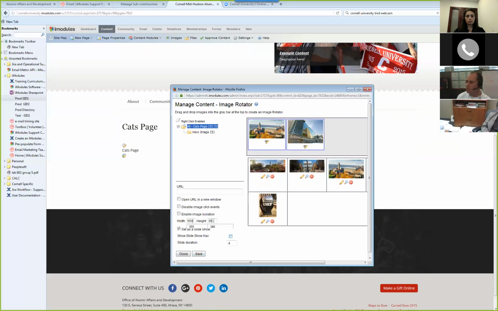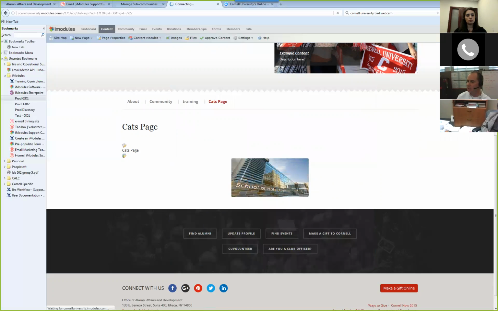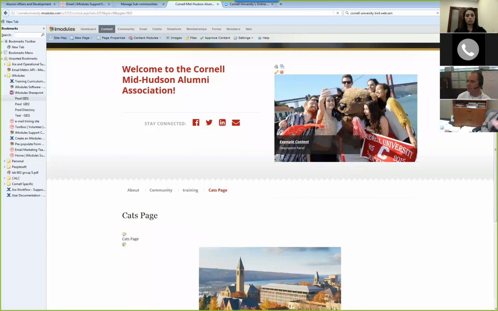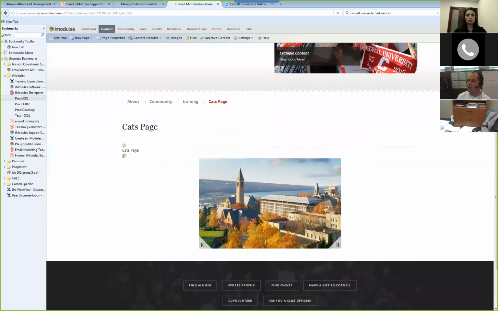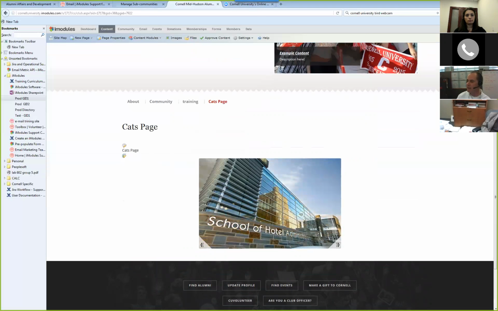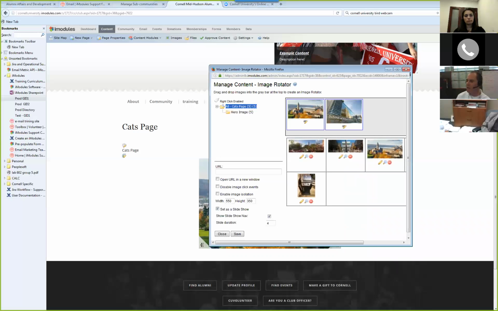There's also another little button right over here that will give us the ability to manually navigate through. So now I'm going to save, and I draw it. Now it's a better picture. Because I hit that little icon that said navigate, I got this. So all it was is coming over again, adjusting the size here, setting it as a slideshow.